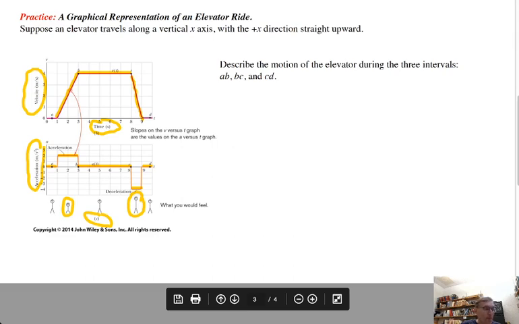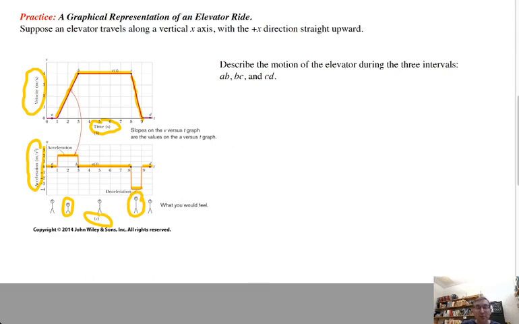Okay? So that's an example of interpreting the motion of a particle from a velocity time curve and an acceleration time curve. And as I mentioned, if we gave you the velocity time curve, you should be able to draw that acceleration time curve for yourself with exactly the same level of detail as is shown here. Okay, so now what I want to do is I want to mention